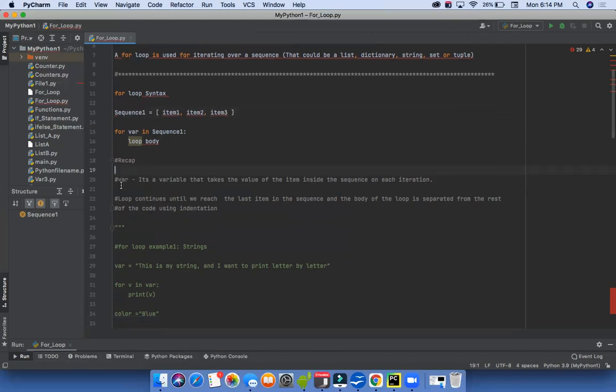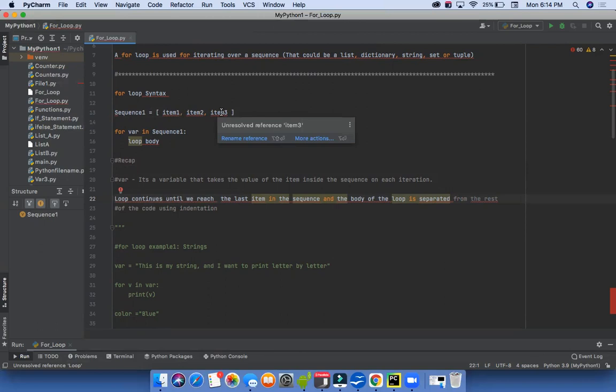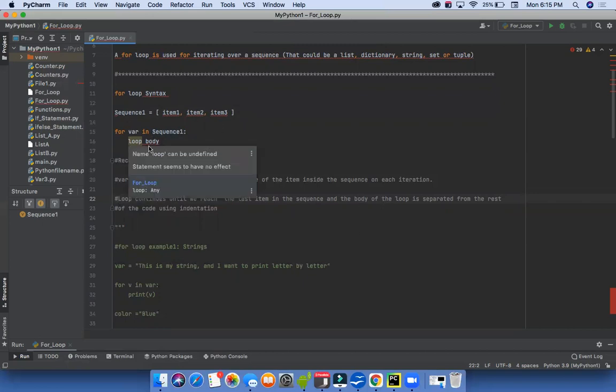The second recap is about the loop, and how it continues. The loop continues until we reach the last item. As I already said, when we come to the last item, this will be the last iteration that we are going to perform for the loop. And this is just one sequence. Remember, it's included in one sequence. You are going to follow the iteration element by element, executing what is mentioned in our